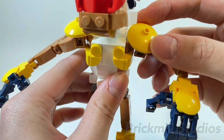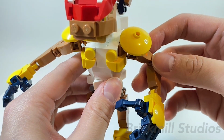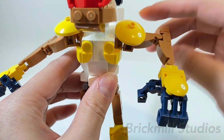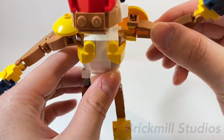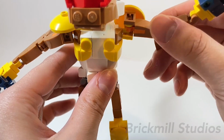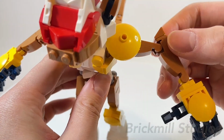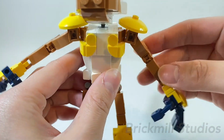I used a dish piece to represent the shoulder pauldrons, and that's just attached onto some 1x1 brackets around a tap piece in yellow. And then that's attached onto a modified plate, so you are able to rotate the shoulder, but the pauldron does get in the way. And then attached to the tap piece is a 1x1 clip plate piece,